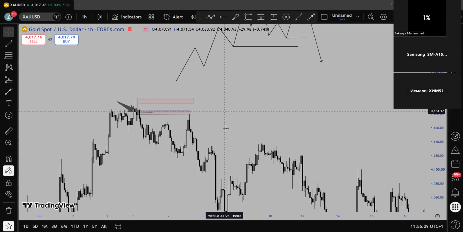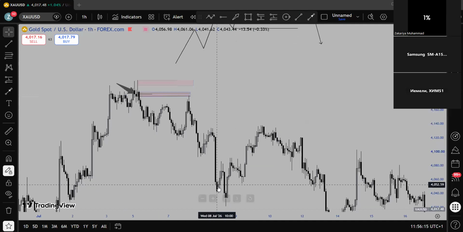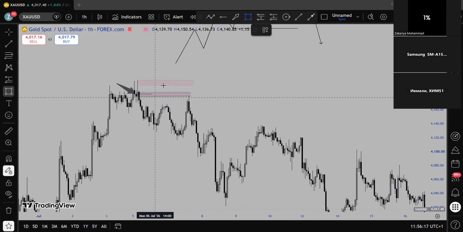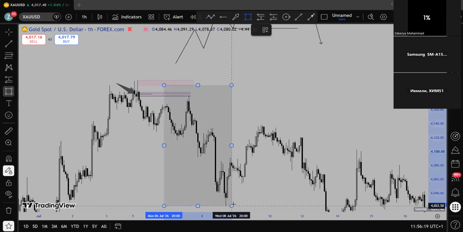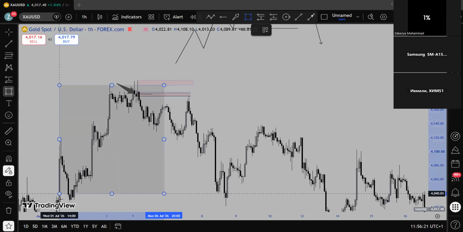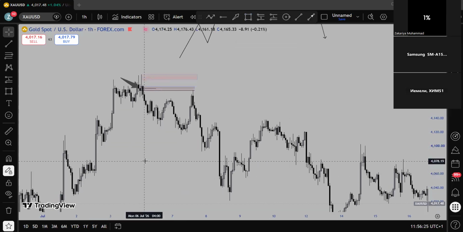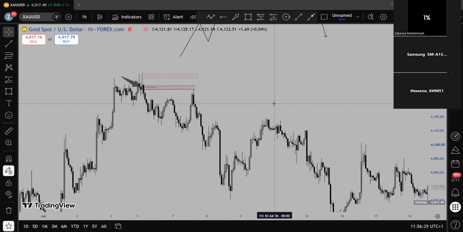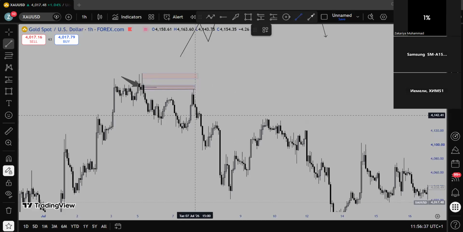This is not the first time it's doing that. But for you to confirm it, you have to wait for two structures to get broken: the current structure the market is printing as it sells down, and then the structure the market previously printed. Do you understand? Yeah, I understand. Okay, then you look for your second. That means you have much more insight into what the market actually wants to do. Market really wants to sell. That means you look for your two structures, which is a double break of structure.